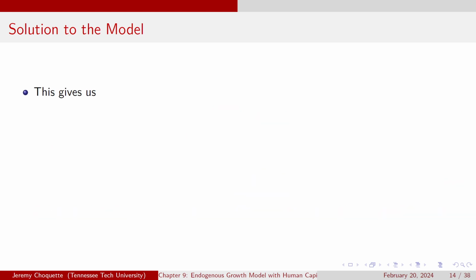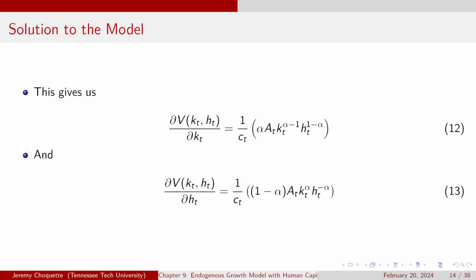Update by 1 period and substitute them back in. So the derivative of the value function with respect to KT gives me 1 over CT times the marginal product of physical capital, which is alpha times A times K to the alpha minus 1 times H to the 1 minus alpha. And then I need my marginal product of human capital, which is 1 over C times 1 minus alpha times A times K to the alpha times H to the minus alpha. So